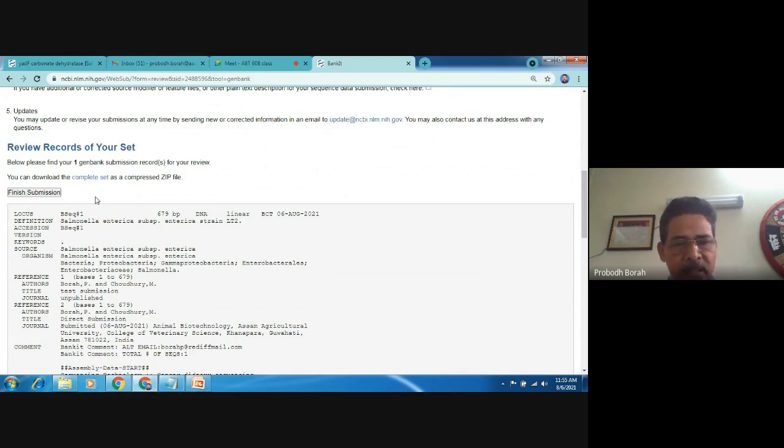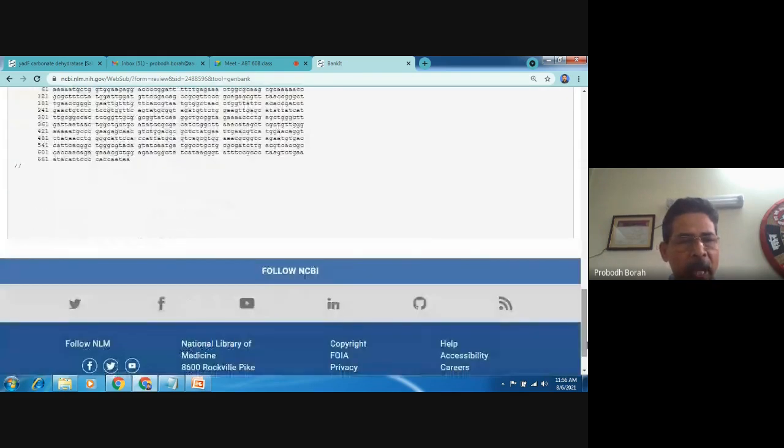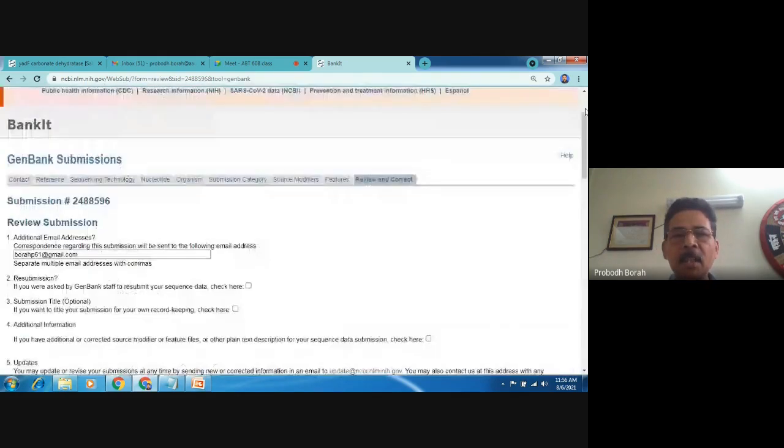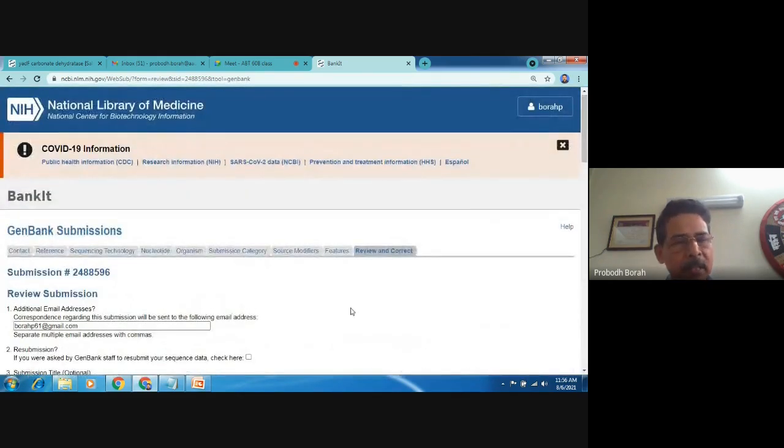It is only a test sequence submission. I tried to show you how to make it ready for submission. So once you click finish submission, then it will be going to GenBank and you will be given a confirmation. But today we will not do that. Unnecessarily, this sequence information will not be submitted because this is only test data. Already we have submitted this data to GenBank.